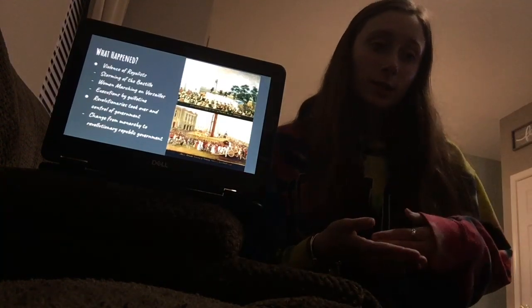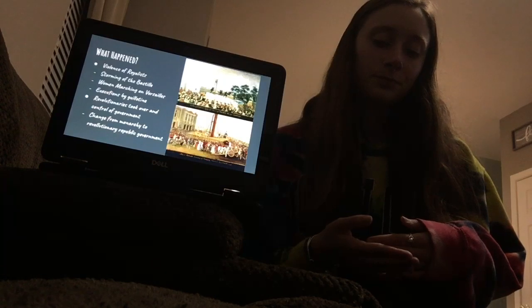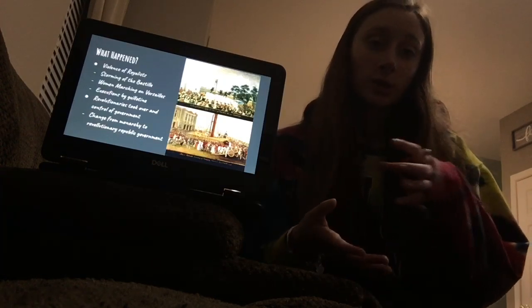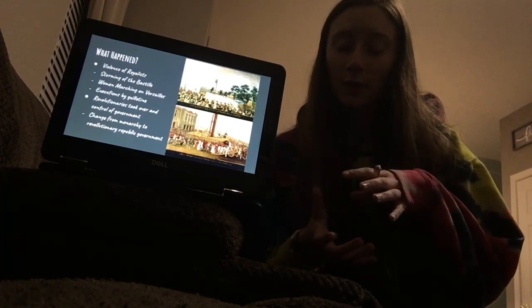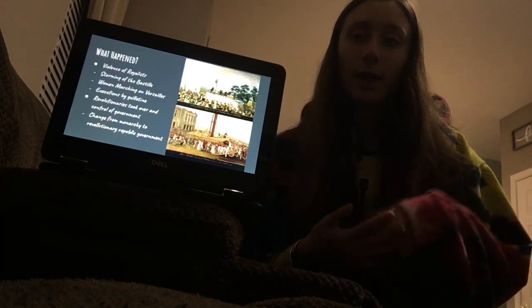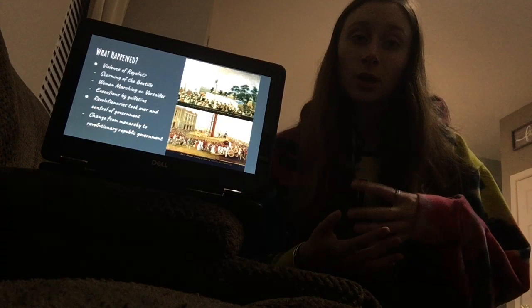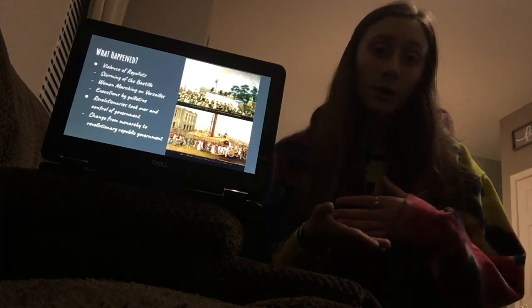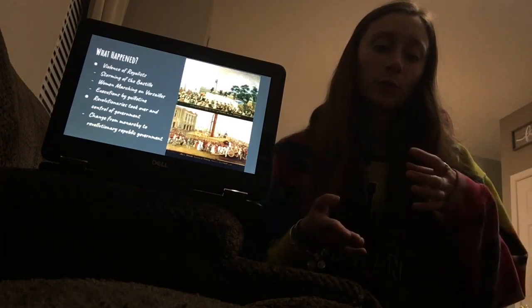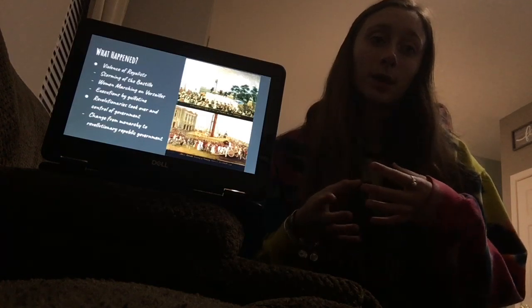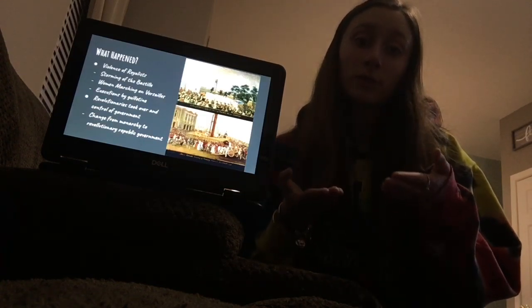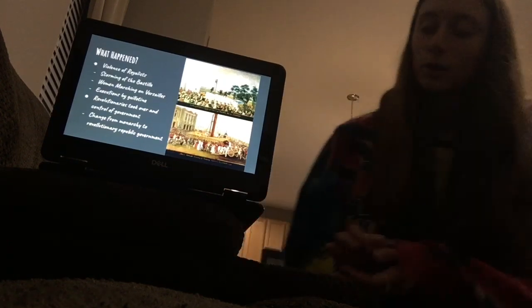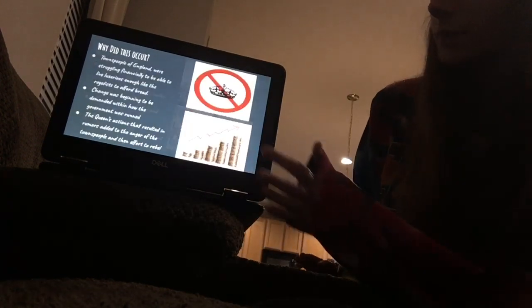And besides violence, there was change in the government. The commoners were able to take control over the government from the royalists, and they were able to change the structure of government from a monarchy to a revolutionary republic government, which is basically a democracy like we have. So the commoners had more of a say in what was happening in their government and country.